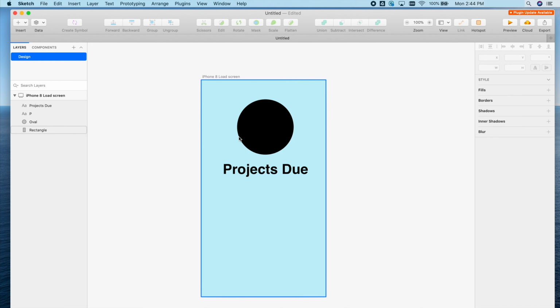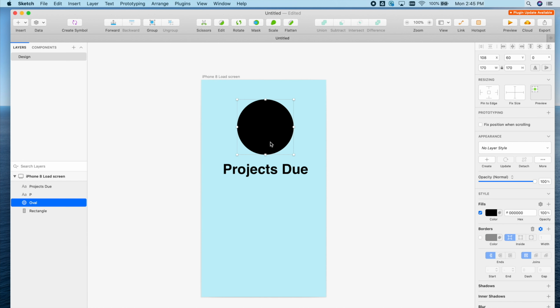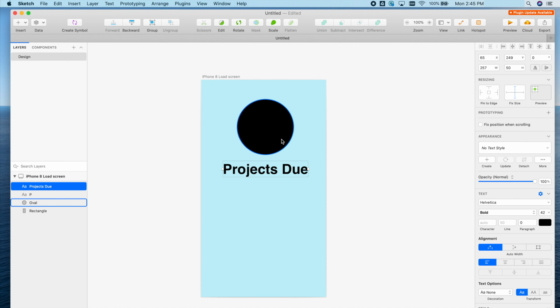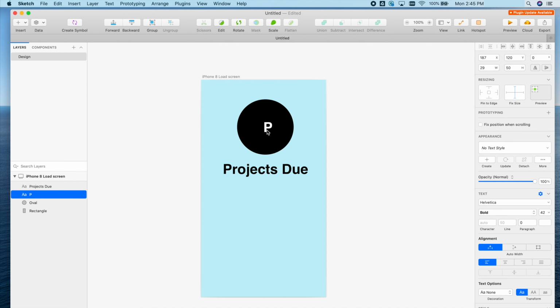So something that I want to show you guys is everything that's on here is in your layers section. On the top over here, you have basically your pages, and then you have your layers at the bottom over here. So I have 4 layers. So this is the rectangle, this is the oval, this is the projects due, and then we actually inserted that P in there. So I'm going to change this to a nice white,